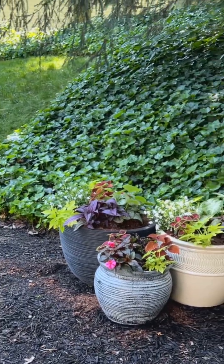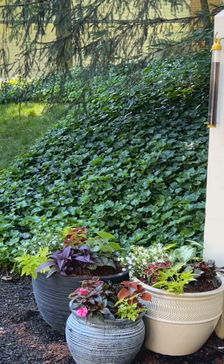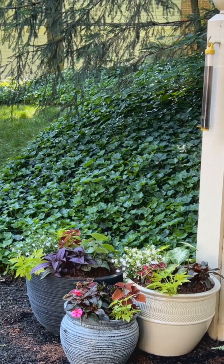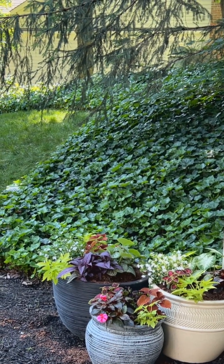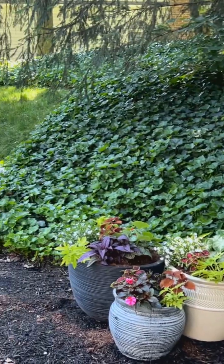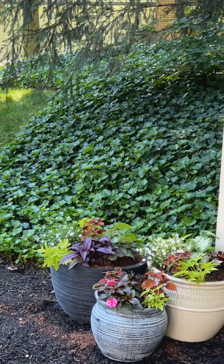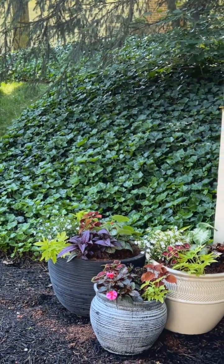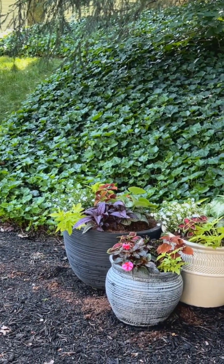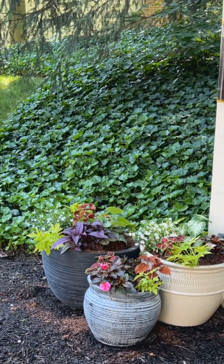There it is, with the background of the English ivy, which I absolutely hate. I'll be working on getting that out of the area since it's so invasive. It is a great ground cover, but it's just too invasive and it's choking out trees, and I absolutely hate it. But here is the set of 3 pots with all of the shade-loving